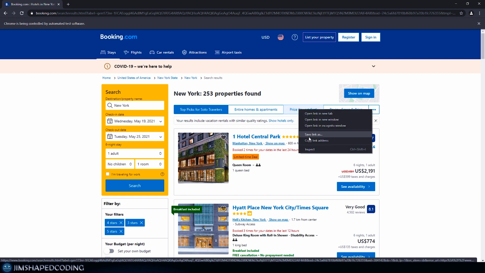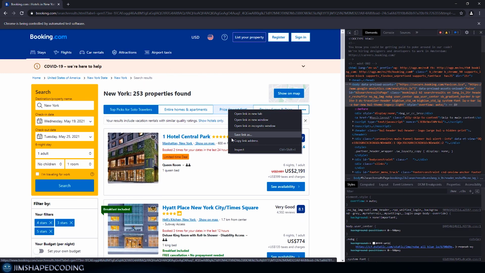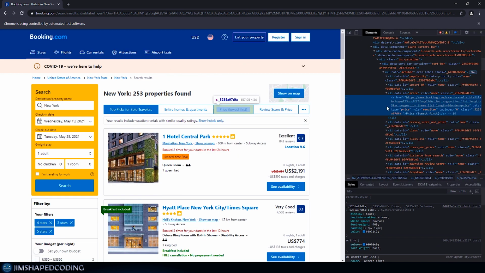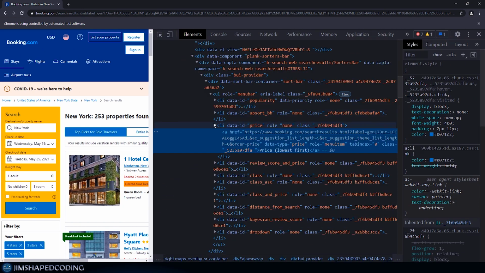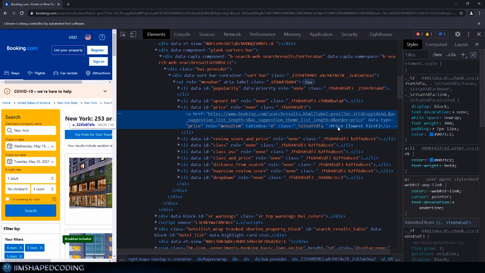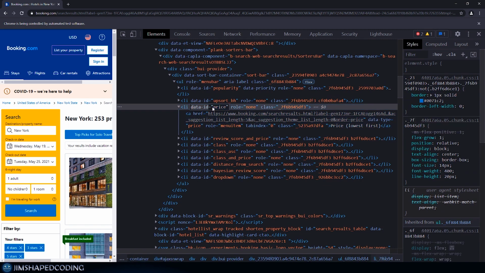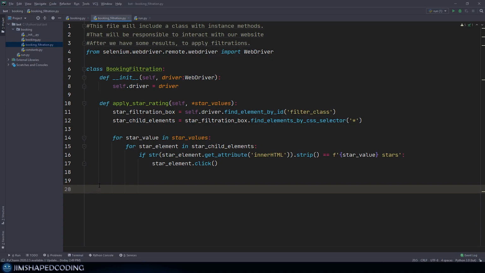So we would like to automate clicking on that, and I'm going to click on inspect, and you can see that this is just a button with only this attribute in here, which we have to find to probably click on that, and that is going to be this data ID is equal to price. So we can grab this key value attribute and find this with CSS selector and basically try to click on that one. So we can go back to our PyCharm and basically to our booking filtration file,